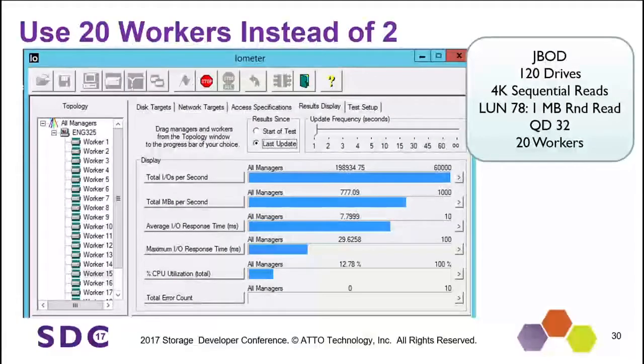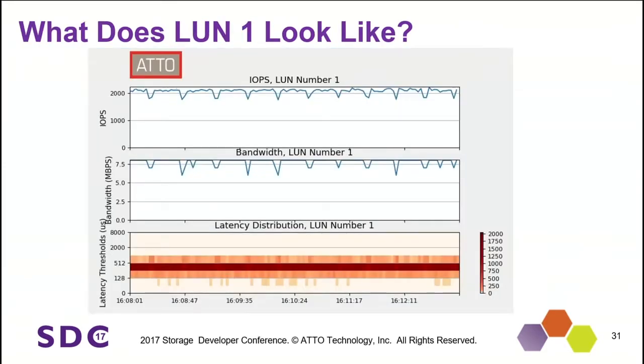So what did I do? I put 20 workers in because that was the max I had available. And suddenly my IOPS went way up. Woo! That looks good. Okay. This is the same configuration except now there's 20 workers instead of just the 2. So we were getting backed up, queued up someplace in the stack behind IOMETER. Okay. Now Lun 1 looks good. We have a nice solid band here. We don't have those jumps.